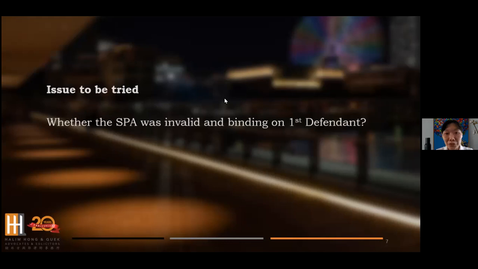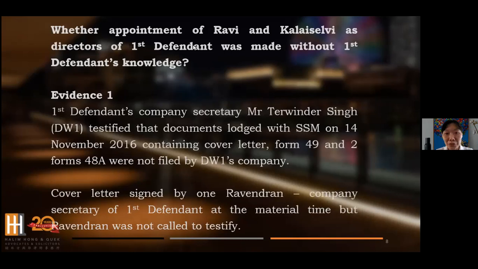Okay, so what's the court's finding? After full trial and seeing the documents filed by the parties in the court, the issues to be tried just now are whether we need to answer Ravi and Kalai Selvi as directors of the defendant's knowledge, and whether the SPA is valid or not. So for the first defendant's